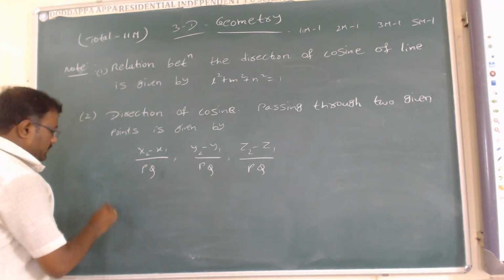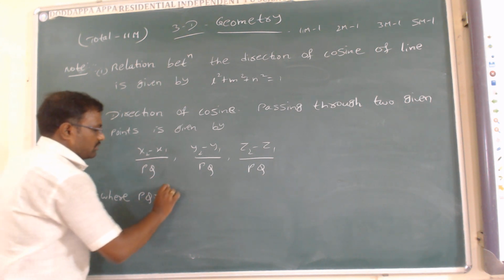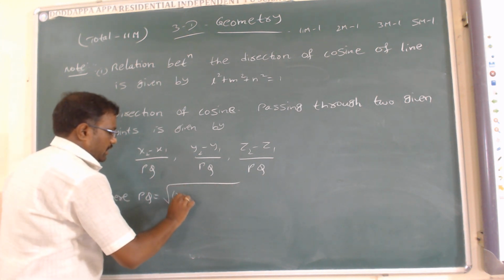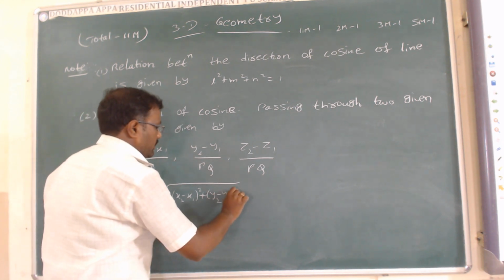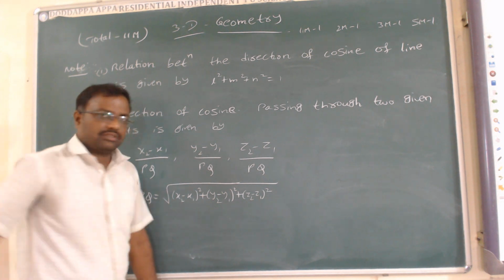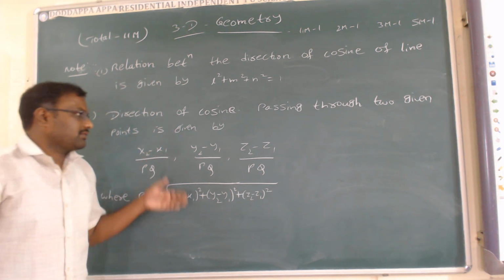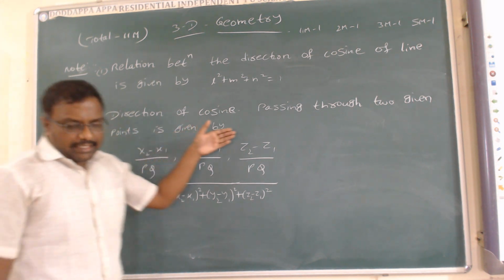So where pq is equal to under root of x2 minus x1 whole square plus y2 minus y1 whole square plus z2 minus z1 whole square. Okay, so this is what is called direction of cosine passing through two given points is given by